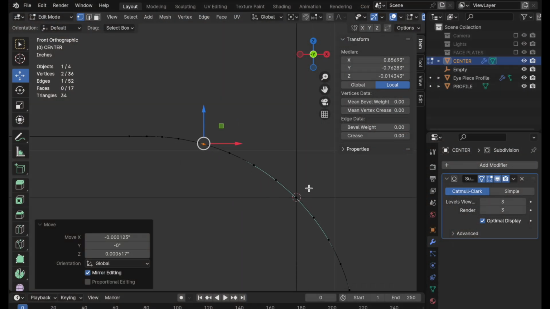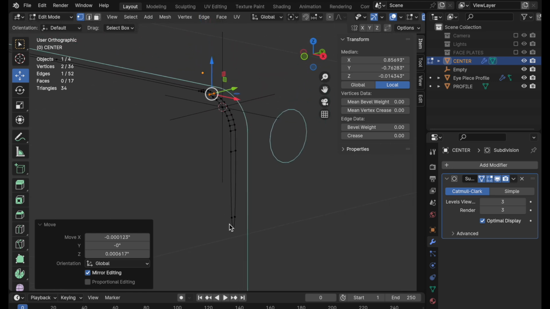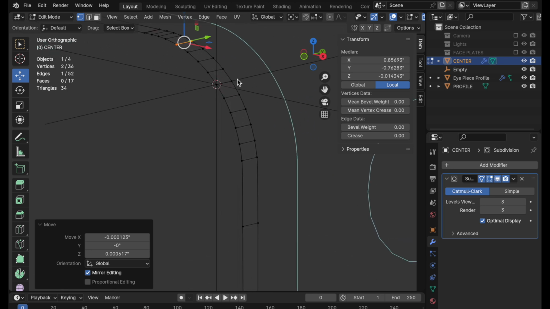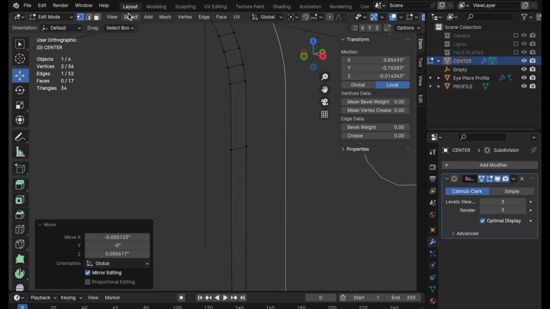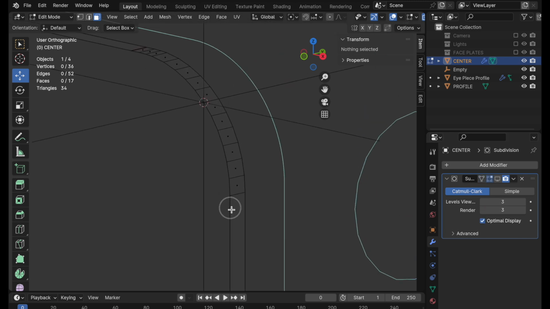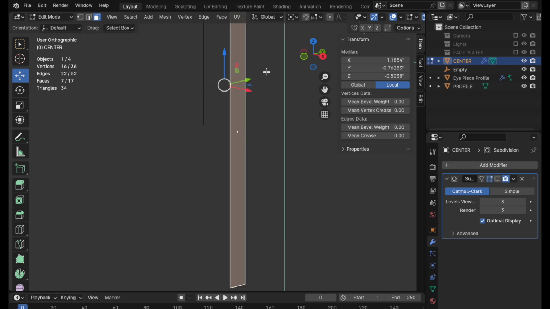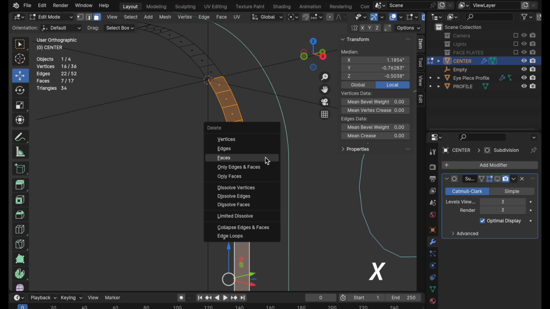Now we're ready to do symmetry because we've done some real fine-tuning work up there, and we don't want to have to do that again down here on the bottom. Let's come down here. We have all of this past this symmetry point that we don't need. We're going to throw that out. Let's come over here and turn subdivision off temporarily. I'm going to turn the on-cage function off so we can just come in. I'm in select box, so I can just marquee down, select those,